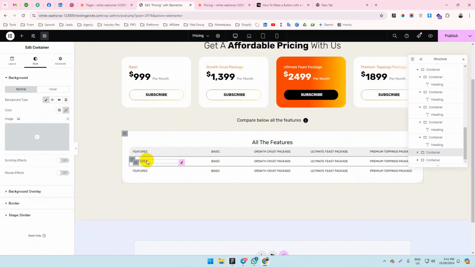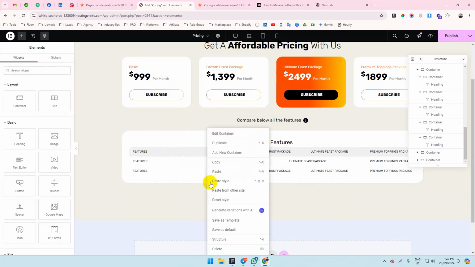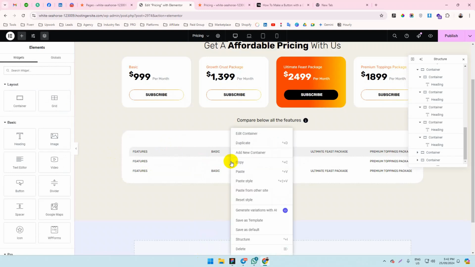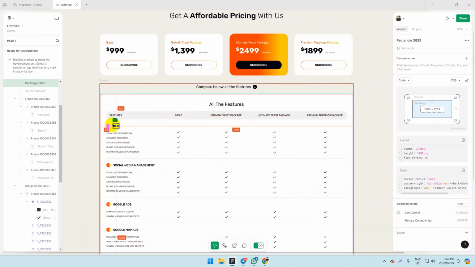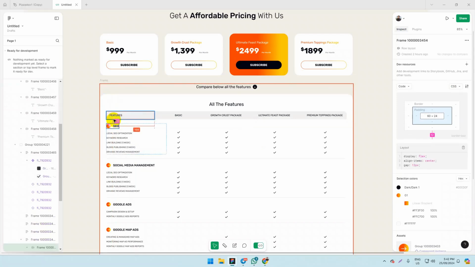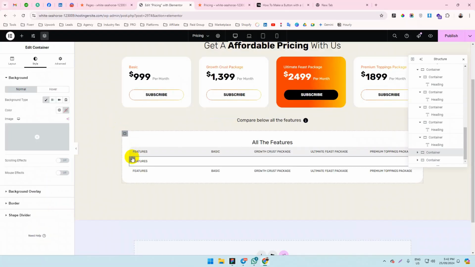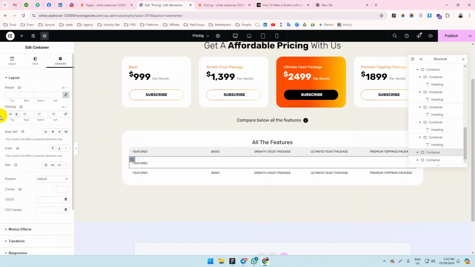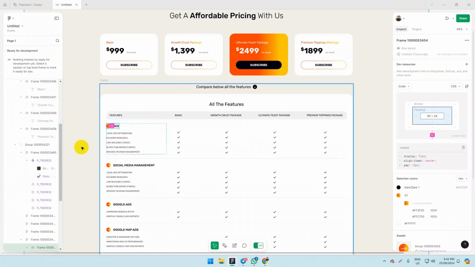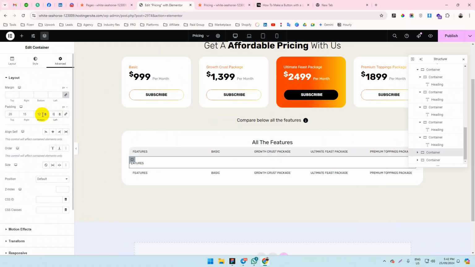For this column we don't need this, so we can remove the others container and also we can fix the spacing around 20 pixel, heading top 20 pixel, left right I hope it will be 0, left and right. Okay,